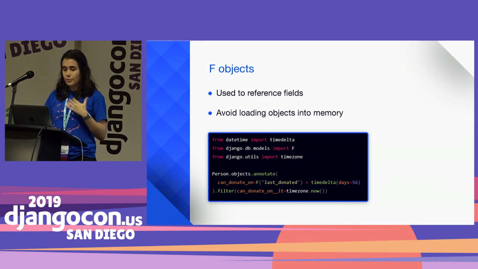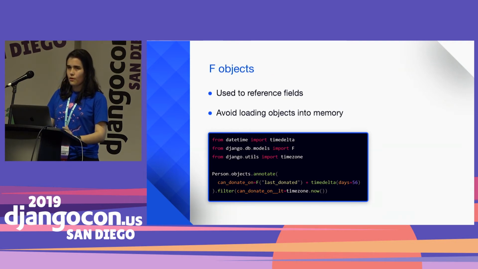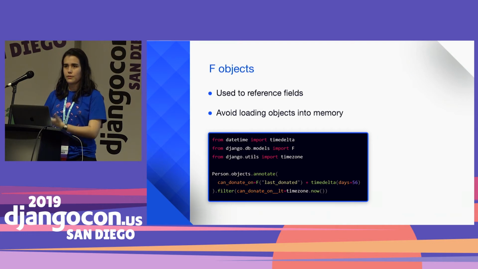For example, as I said, people can donate blood every 56 days. So to know when they can donate again, you can annotate the date using F to get the last donated value and add 56 days using timedelta, for example. Without it, you would have to write raw SQL, or filter with Python, which we saw in the beginning of the talk, and that decreases performance a lot. Because there's no way to do operations like this in an effective way without using F, as far as